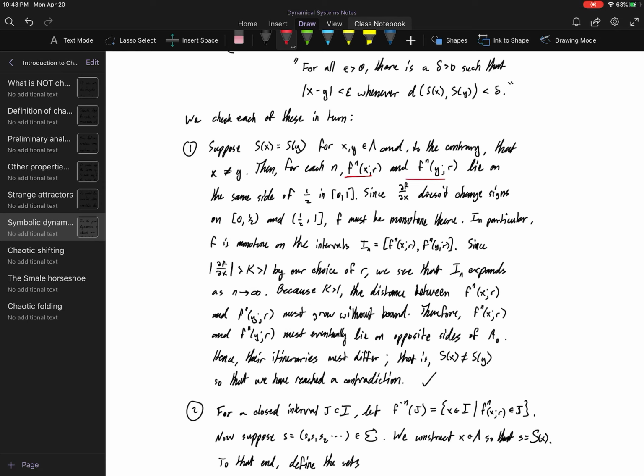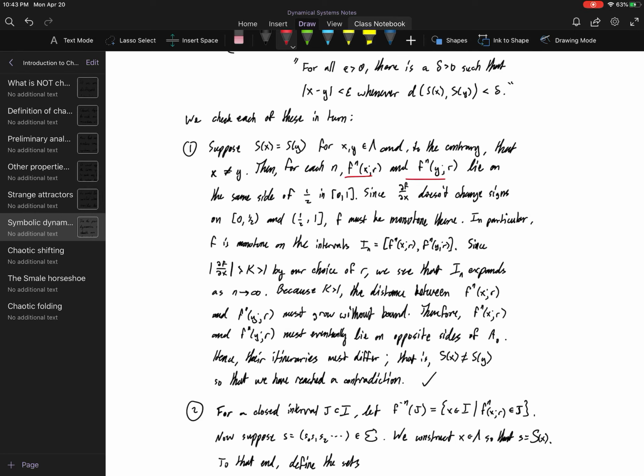And because k is greater than 1 as a uniform lower bound here, we're going to keep exponentially expanding that distance. In fact, the distance between the nth iterates of x and y has to actually grow without bound. So that means that eventually that distance is going to be greater than 1/2. And in fact, it's going to get to whatever distance you need. But the idea is that